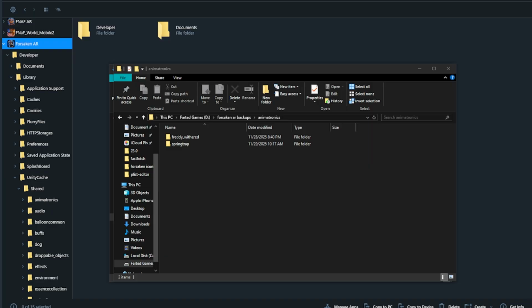So I'm gonna make this video and post it in the Forsaken AR Discord server. I'll put it in the general discussion and the Forsaken AR media. I think I can post it there, I'll check. But I figured this would be really helpful just to show people how to actually mod the game